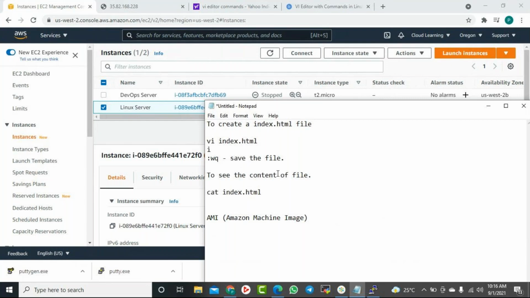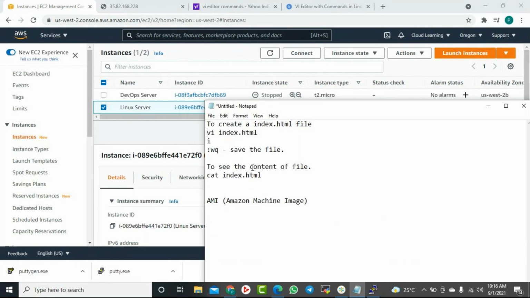Create a funnel this to see the content clear. Okay. Now